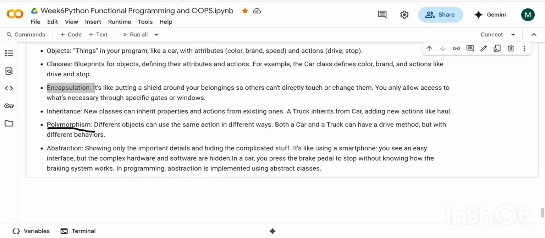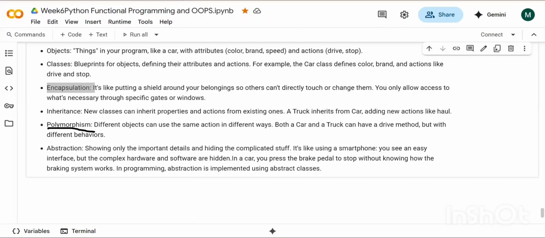Just imagine you have a remote control that can operate multiple devices: TV, air conditioner, and a sound system. If you're just pressing the power button, oh, I am having three objects. For all the three objects, it is going to act differently now. TV will get turned on.